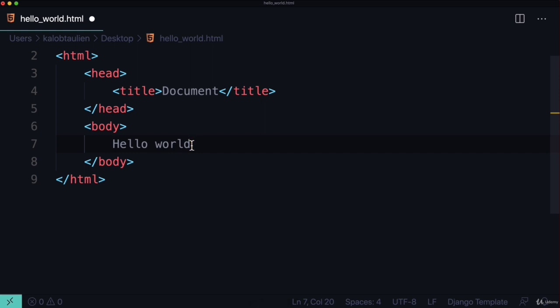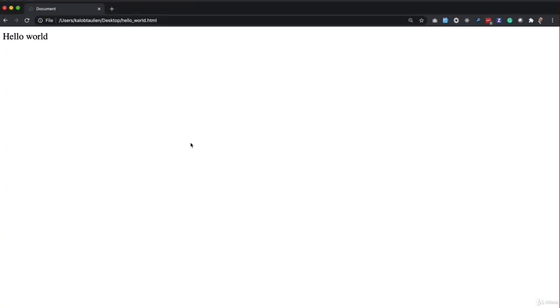If you do that, save your file and then open it in your browser, and you see hello world, then hey, congratulations, you have literally just made your first web page. So my suggestion is give that a shot, because this is always really, really good practice, and this is really straightforward at this point. So yeah, my suggestion is give this a shot once you're happy with your results,